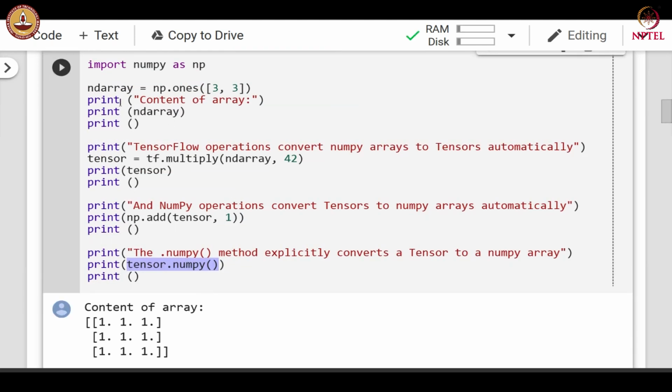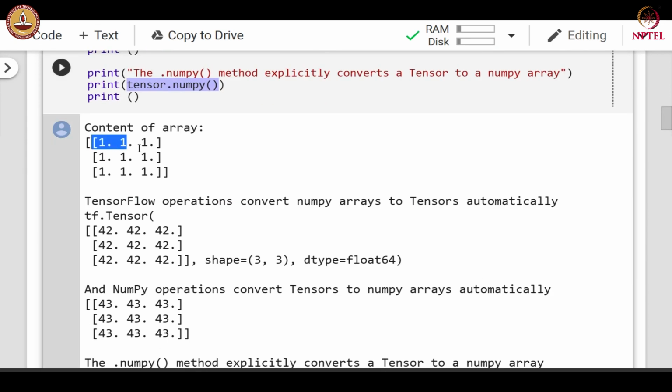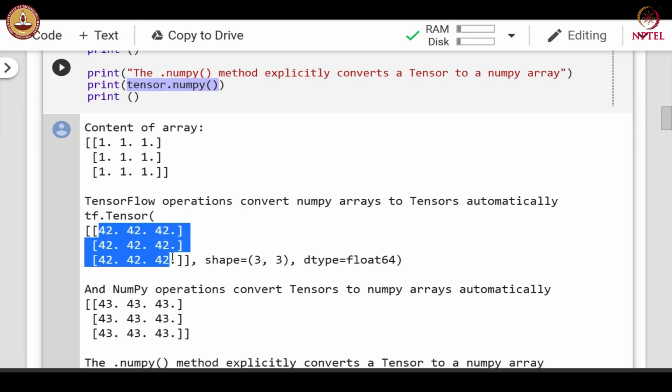You can see that we have a matrix to begin with, a 3 cross 3 matrix containing all ones. We added 1 to it, and we multiplied this matrix by 42, getting 42 at each location in the matrix.